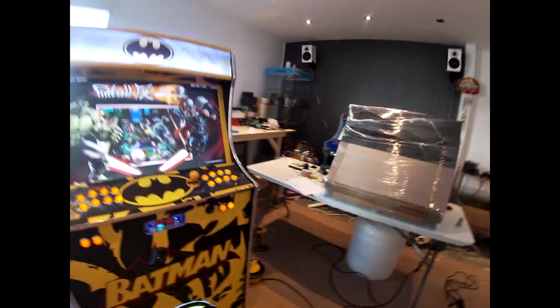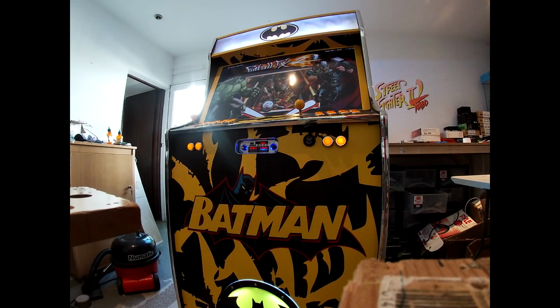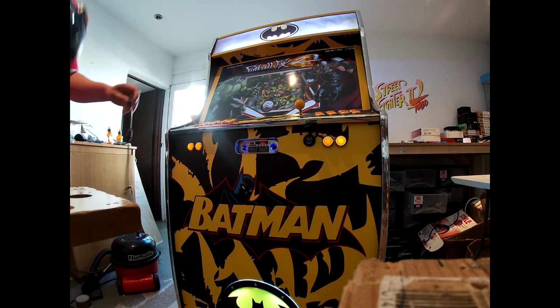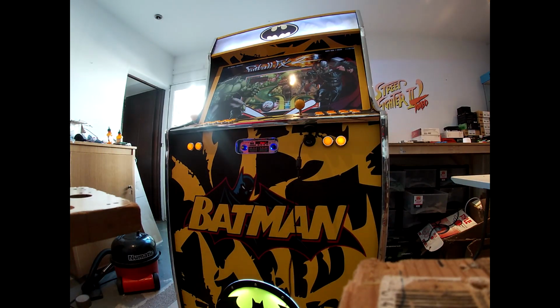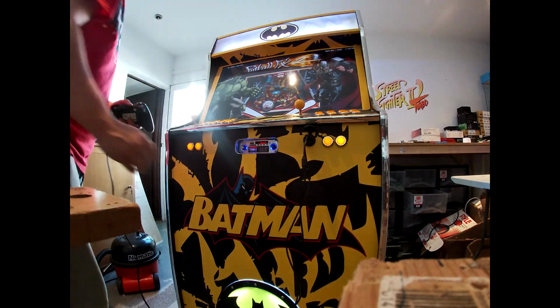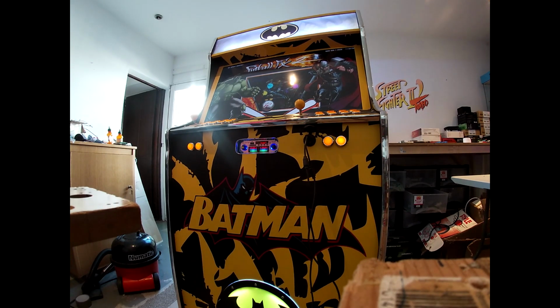So a quick run through of the setup. Once you get the unit, where have I put my controls? There they are. Right, you get controller 1 labelled on the back. Plug that into the top USB. Wait for it to sync into controller 1. And then we'll grab controller 2, plug that into controller 2 port, and what we'll do is we'll move these slightly out of the way. Right,